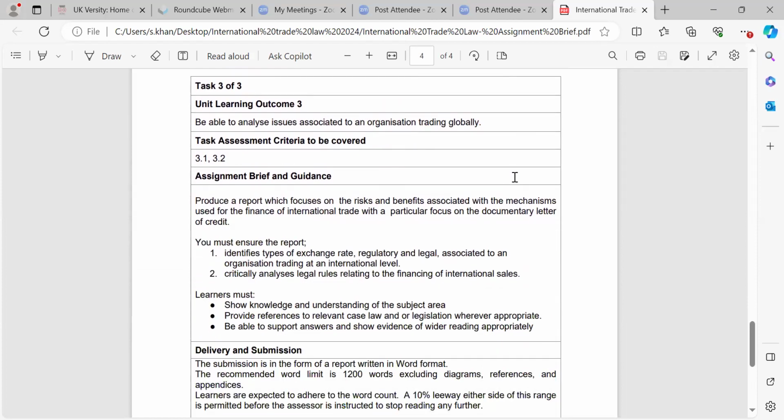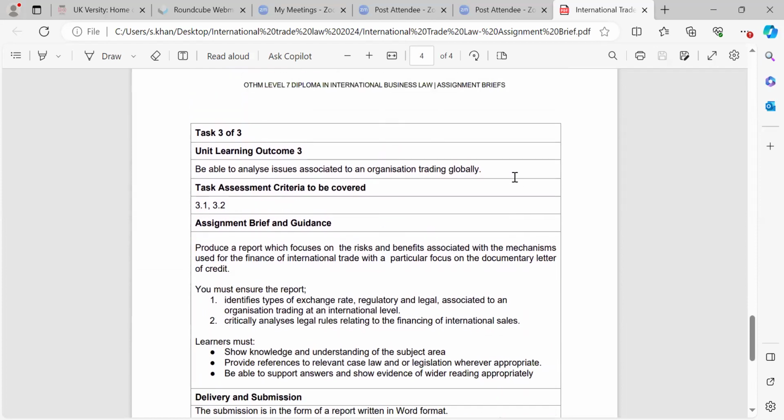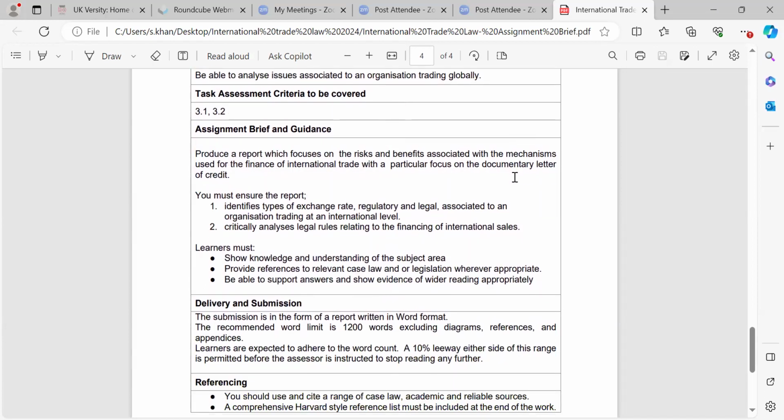This is the final task, task 3 of 3. Unit learning outcome 3. Be able to analyze issues associated to an organization trading globally. The task assessment criteria to be covered is 3.1 and 3.2. Here, the assignment brief and guidance for task 3 is to produce a report which focuses on the risks and